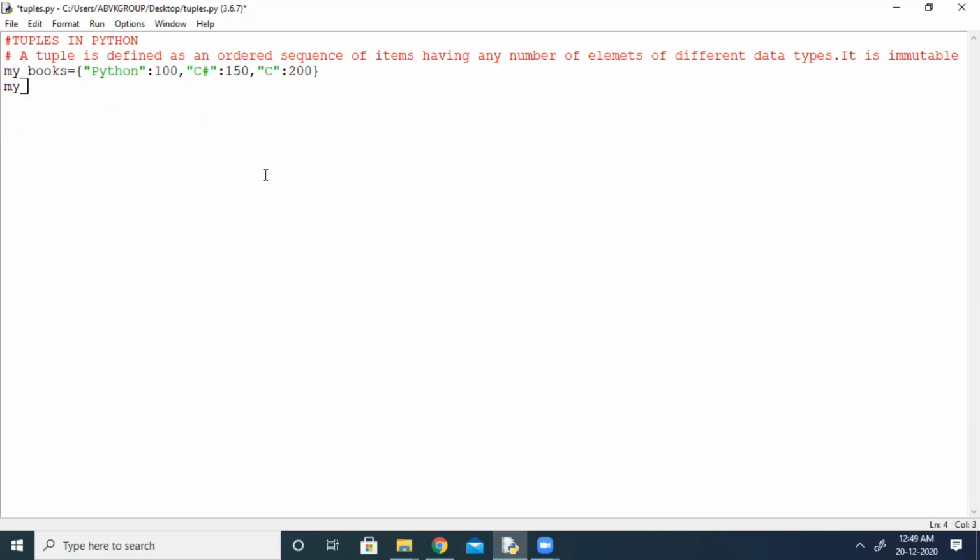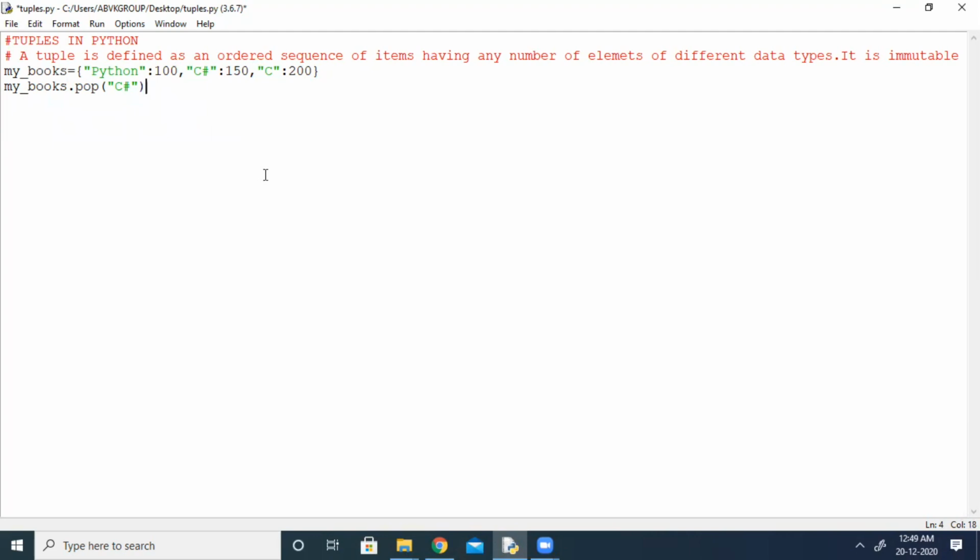My underscore books. Then you use the pop function. Then which one do you want to delete? Suppose I want to delete C sharp. So for that I have to type C sharp in double quotation marks, then bracket.